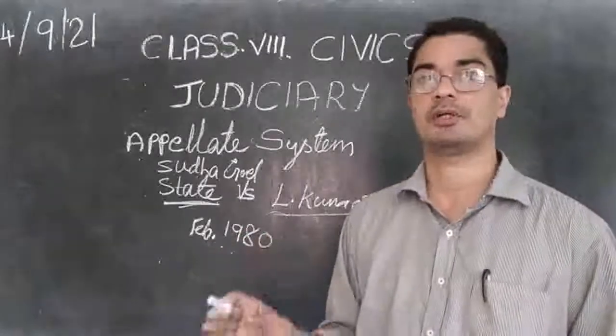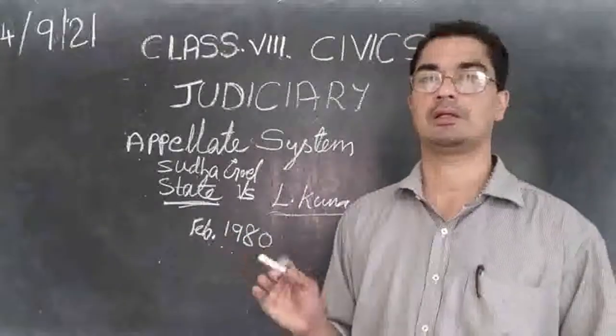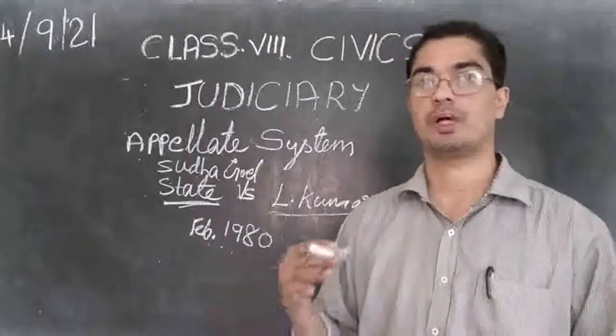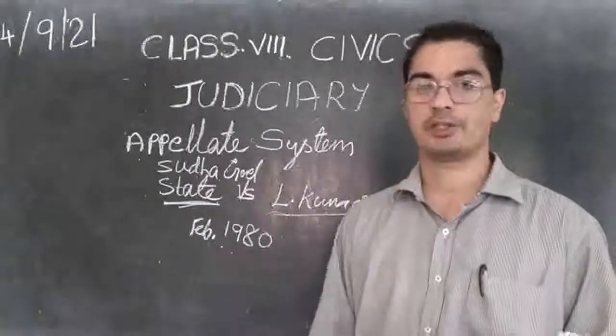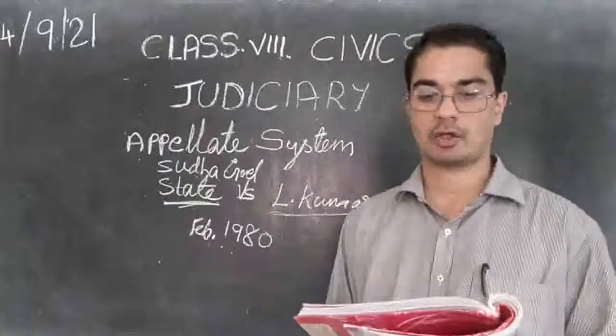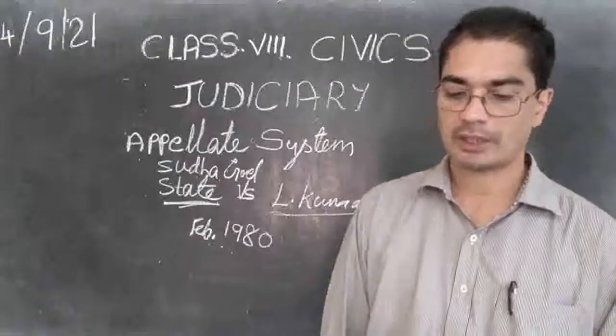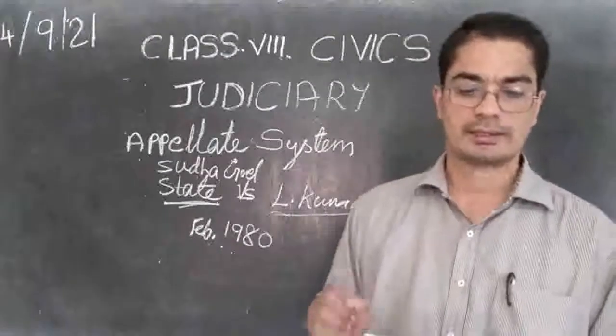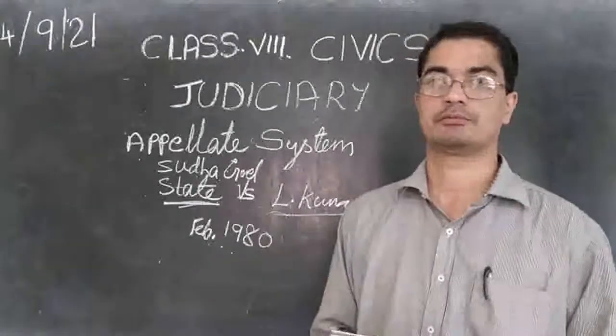So that is what they were trying to explain to the court, that we did not do any harm, we did not disturb her, we did not try to kill her. It happened by mistake, by accident, by herself. While boiling the milk, she caught fire. That is what they were trying to explain in the trial court. And on the basis of this and other evidence, the trial court convicted Lakshman.